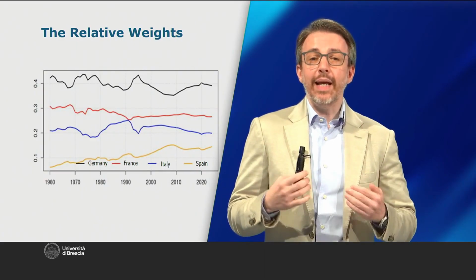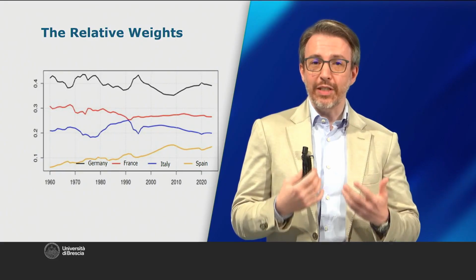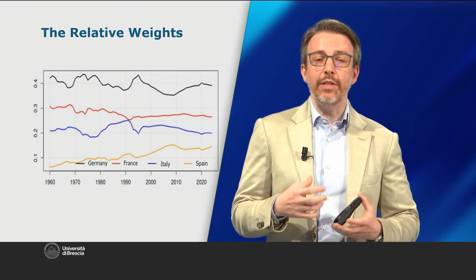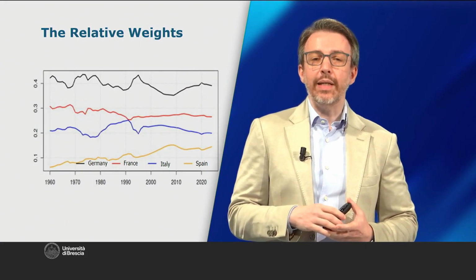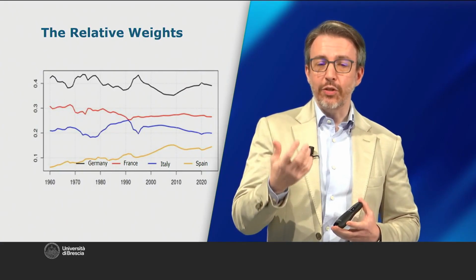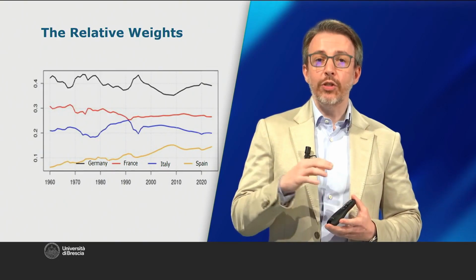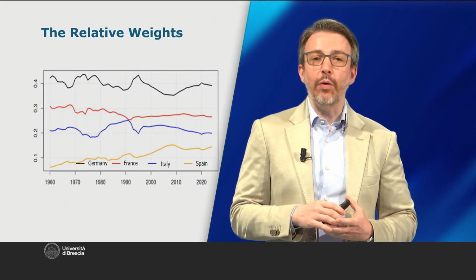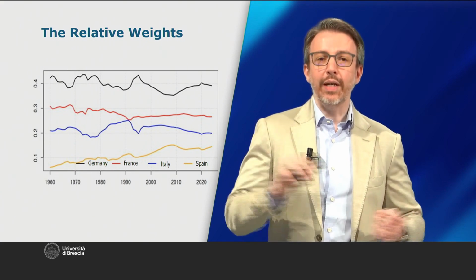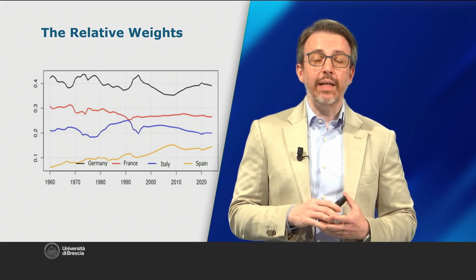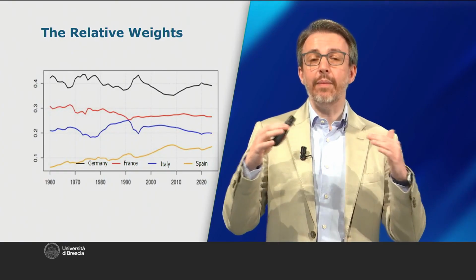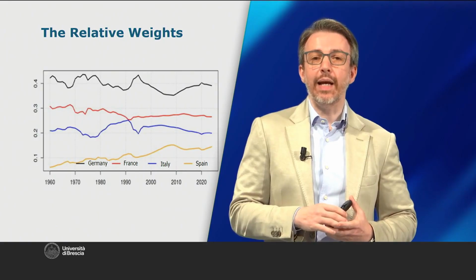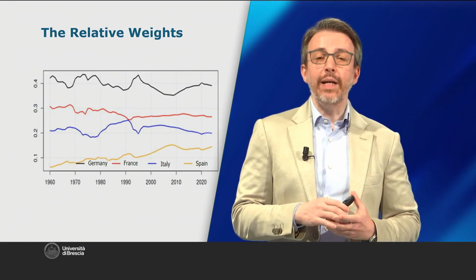Spain, on the other hand, is showing a very strong and clearly increasing trend, because it has been able to take advantage of the benefits of the European Union to have a GDP, in percentage terms, increasingly higher compared to the others in the Union. We can see this in the graph, where the yellow line shows a very strong upward trend. Italy and France, on the other hand, have been relatively similar, with their share distributed fairly evenly over this entire period, and they don't show any major changes.